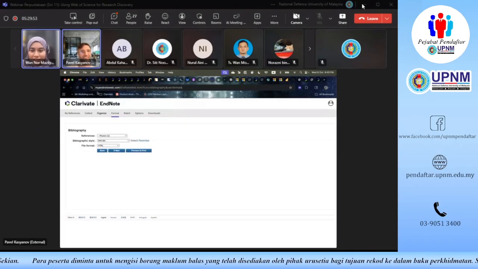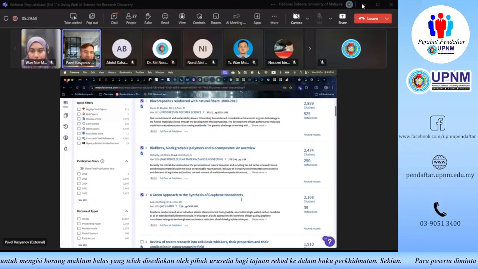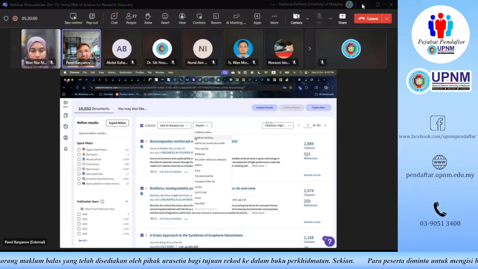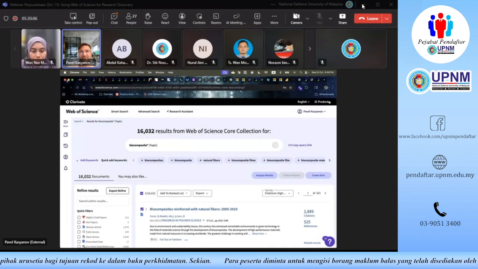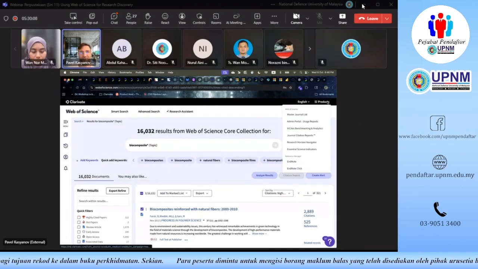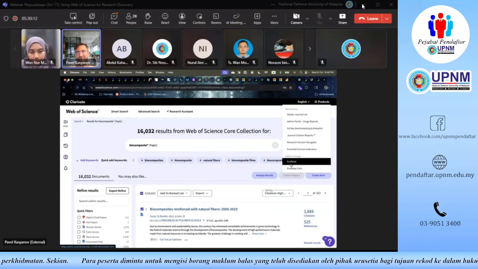What I did was, we can take any documents in the Web of Science. We can export them and save them to EndNote online. Okay, and right here on the upper right hand, we can see the list of the products that are available to you. And one of them is specifically that EndNote Reference Manager. So that's the online version of the desktop version. The desktop version is the paid one. If you don't want to pay for it, you can still try to use the free online version, which is once again being granted to every Web of Science subscriber.